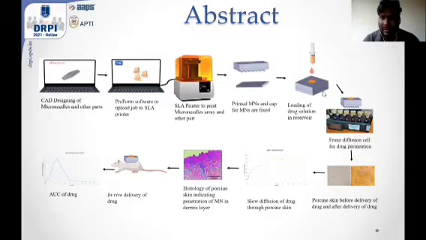After printing the microneedles, the drug solution, that is the rifampicin, that is dissolved in ethanol, is loaded in the microneedles. And after loading the microneedles, the drug permeation test was performed using the Franz diffusion cell. Here the volume of each cell was 20 ml, and microneedles were attached over the porcine skin, and then the permeation study was performed.